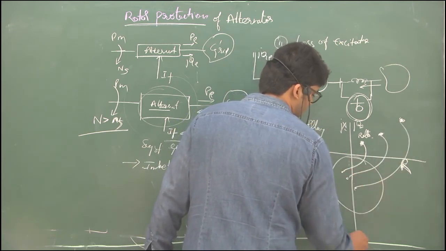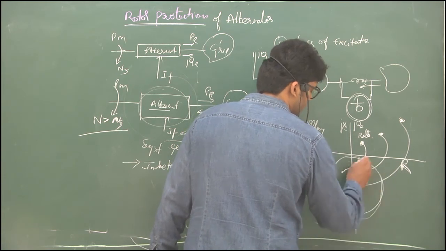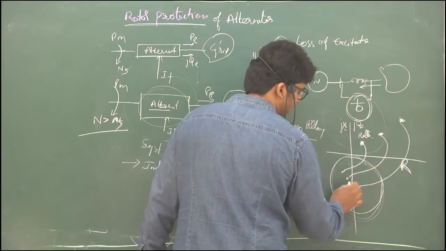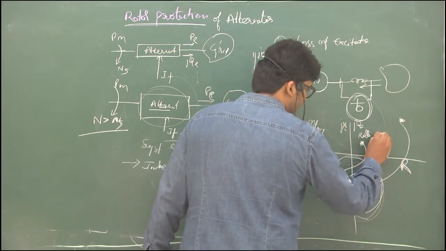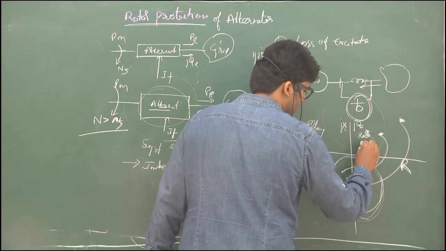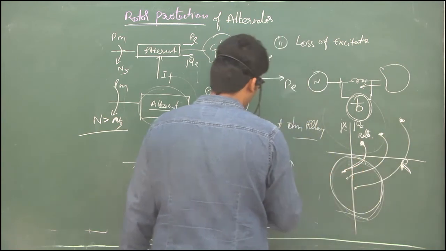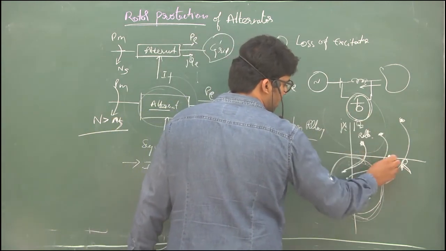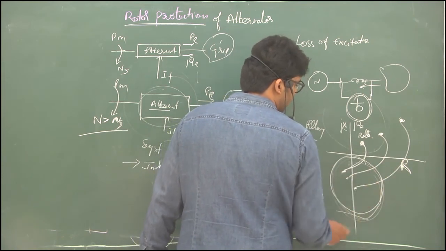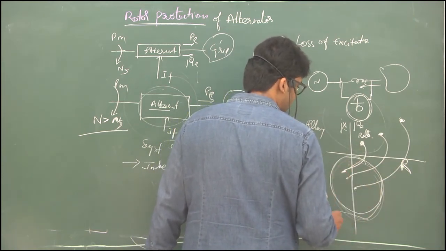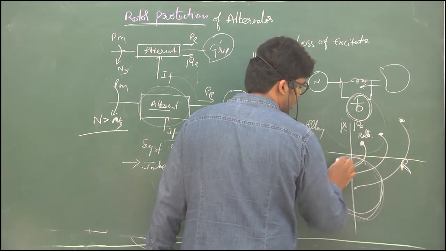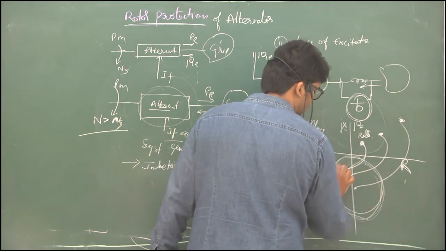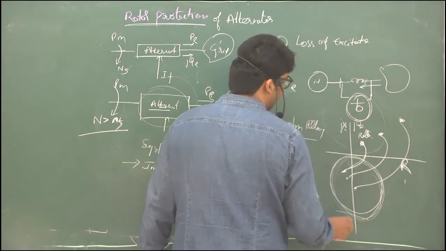That means the total impedance will be in the negative direction. That means it should be acting in this position. When it is operating at any rated condition and suddenly shifts to here, the relay will operate. The mho relay will operate. If it shifts to this position, the relay will operate. So at any time, from any rated condition, if the impedance is reduced to here, that means the mho value will shift in a negative direction, then the relay operates.